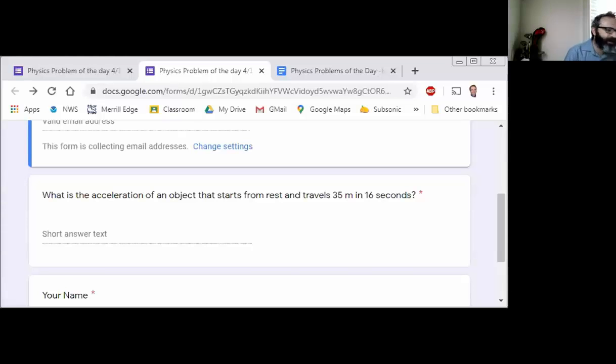So today's problem of the day says, what is the acceleration of an object that starts from rest and travels 35 meters in 16 seconds? All right, so we're looking for the acceleration of an object that starts from rest and travels 35 meters in 16 seconds. So what do we have as given information in this problem